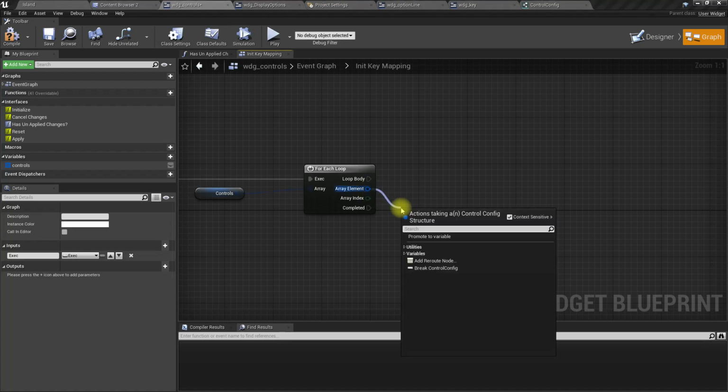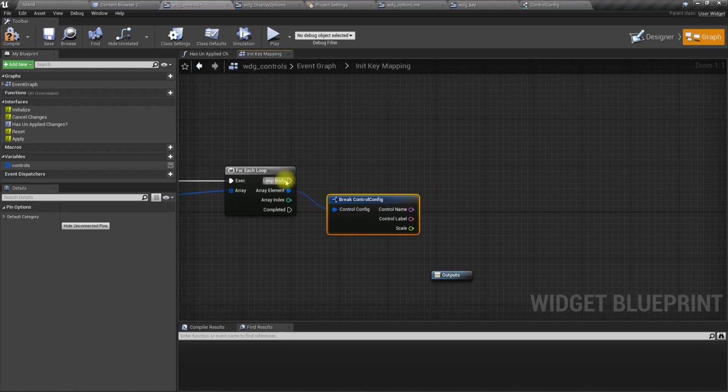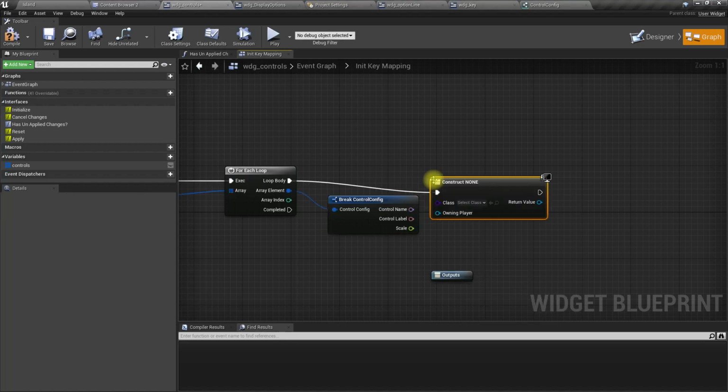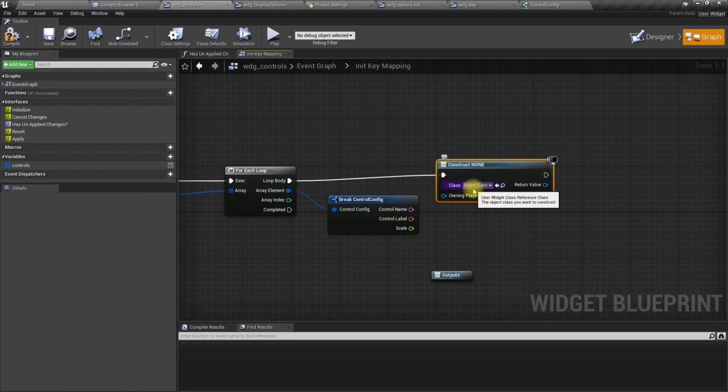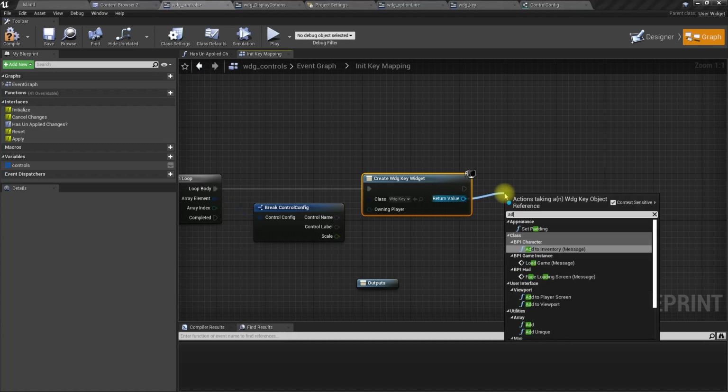Oh, actually we can break this, and let's create widget in the type of key, widget key, and add